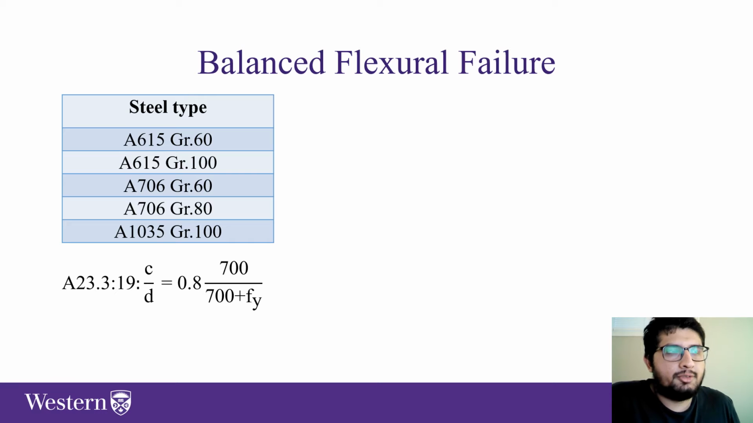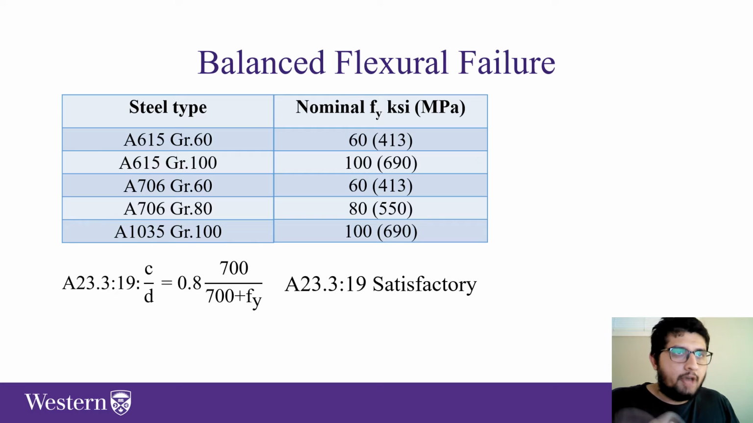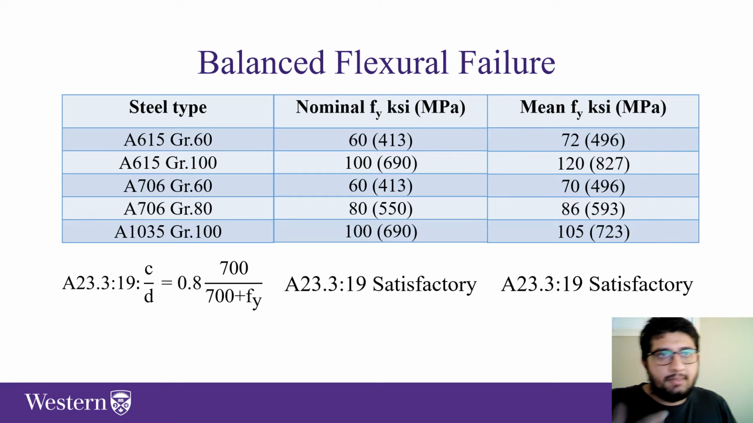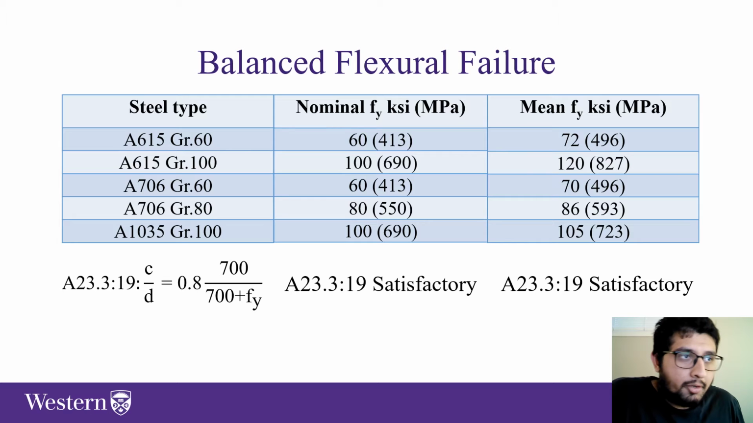Balanced flexural failure was also checked in beams reinforced with the different steel types, and balanced failure in the analysis was defined as the extreme fiber concrete compressive strain reaching a value of 0.0035 and at the same time the steel yielding. The nominal yield stresses as well as the mean yield stresses were used in the moment curvature analysis, and once the balanced failure was achieved, the neutral axis depth, which is labeled C, was recorded, and it was compared